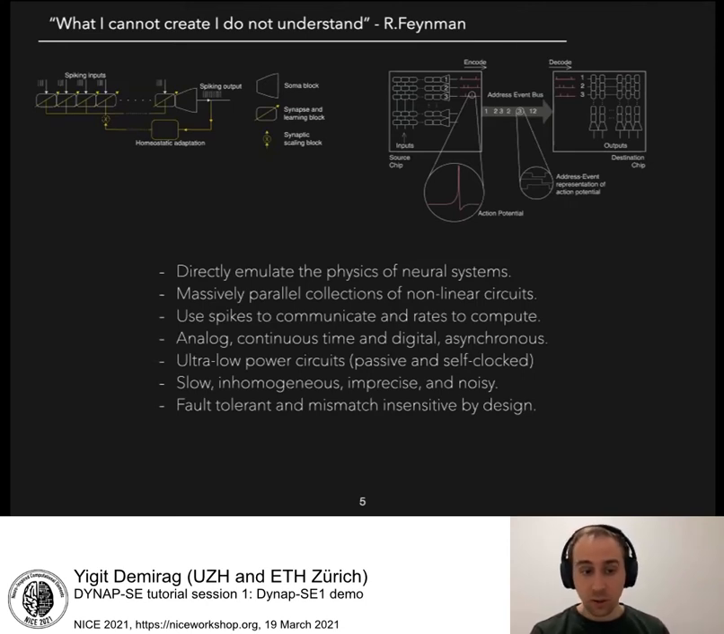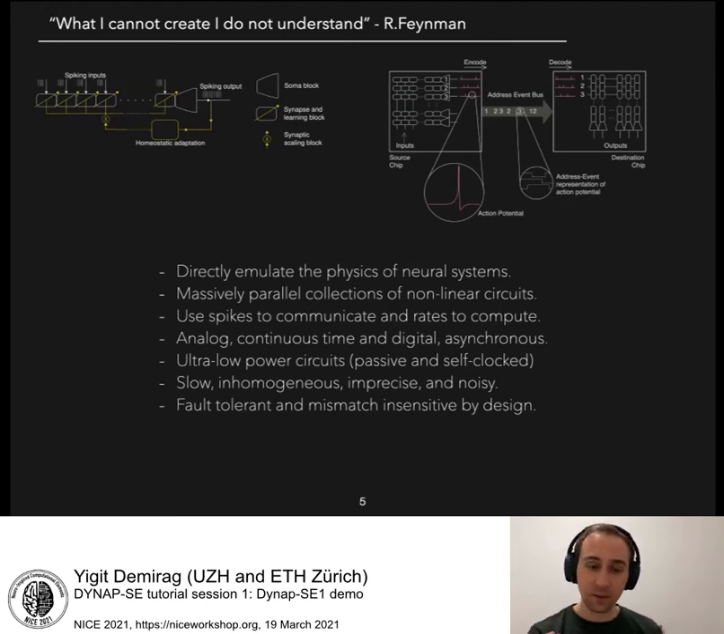There's no clock. This is a mixed-signal chip. So there are digital parts, and digital parts are self-clocked. They're asynchronous. This is why these chips are usually operated in the microwatts regime. It depends on your scale, some nanowatts if you optimize a single neuron. But the price you have to pay for this kind of super low power system is imprecision, noise,